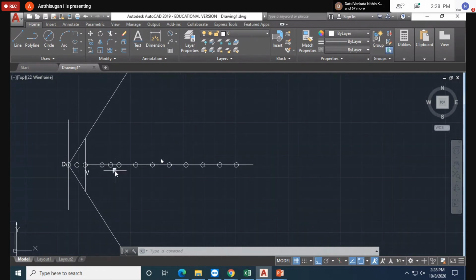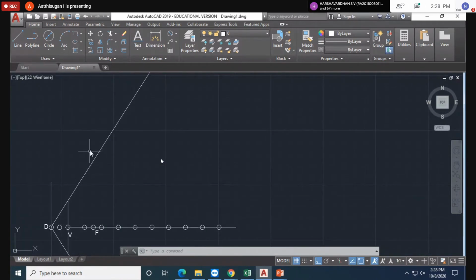The dividing is not your case. You can follow 10, I can follow 20, I can follow 15 also, your wish. Next case is you have to use the construction line, or you can draw a straight line using the line command. Whatever line you draw should touch both this line as well as the bottom line.